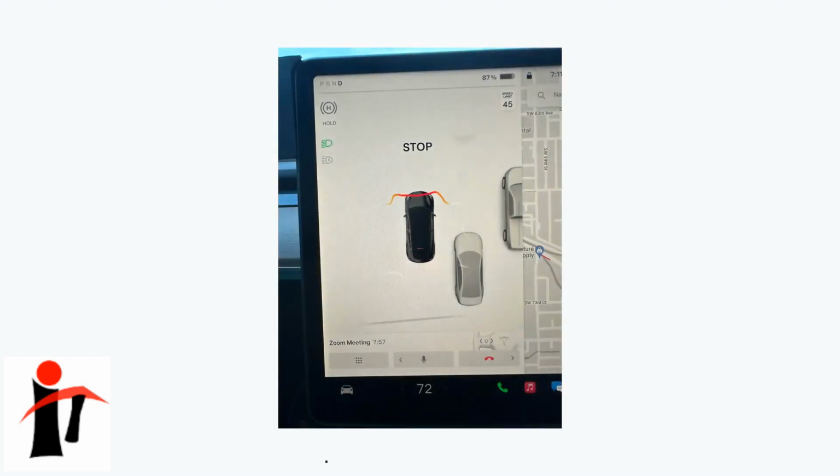If you encounter a blocked sensor alert, it means there's a physical obstruction preventing the sensors from functioning properly. This could be something like a bike rack, aftermarket accessory, or even snow and ice covering the bumper area. Each of these alerts points to a different potential cause, helping you diagnose the issue. Additionally, you can check the Tesla mobile app for detailed error logs that provide more information about when and how